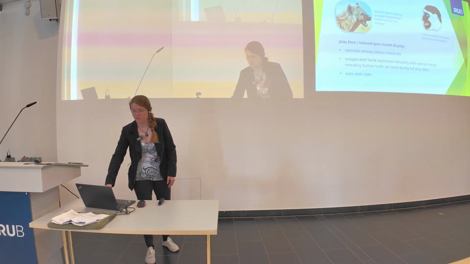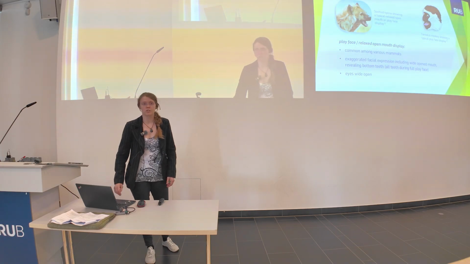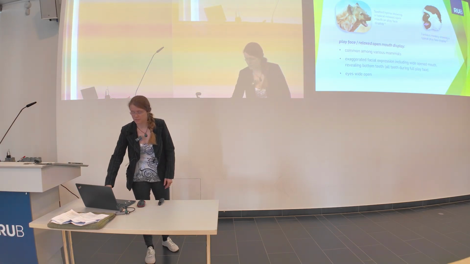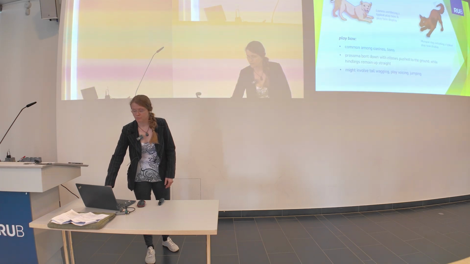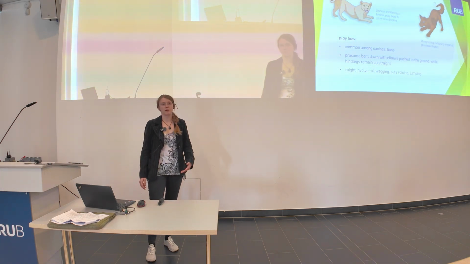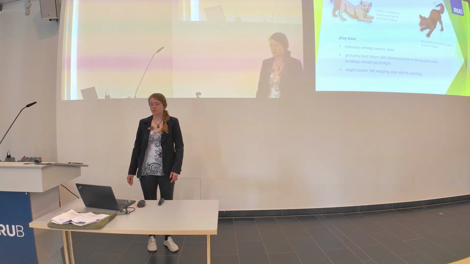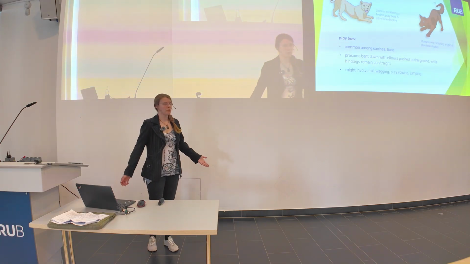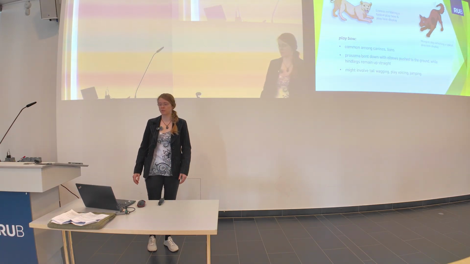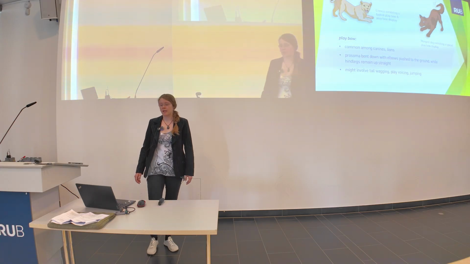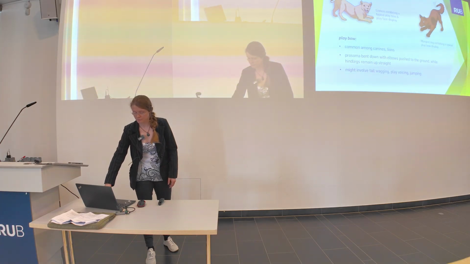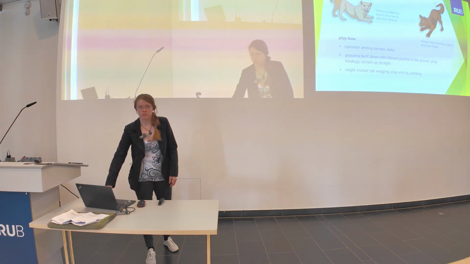This is a bit about the details, and so animals, or some species at least, can even differentiate between these two, like a half play face and a full play face. The other one is the play bow, which you might have also seen in dogs, for example, on the streets. The front part of the body is bent down while the hind part of the body is still raised up. And of course, this can also be combined with the play face. In dogs, it might also involve tail wagging or barking or whatever kind of stuff.